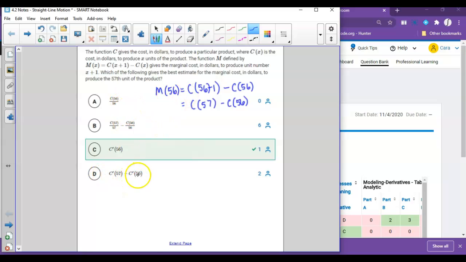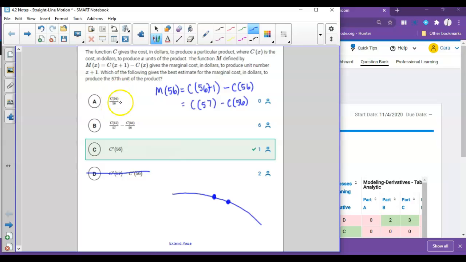We do see this here with derivatives, but derivatives would not be correct here. So let's think about what we'd be looking at. Let's say that our marginal cost looks something like this. It's decreasing over time. Actually, because it's a little hard, I'm going to say it looks something like this. And so let's say right here is where we've got 56, and right here is at 57. And so we really want to know the difference between these two, but we don't have that. So if we look at our other options and see our possibilities,